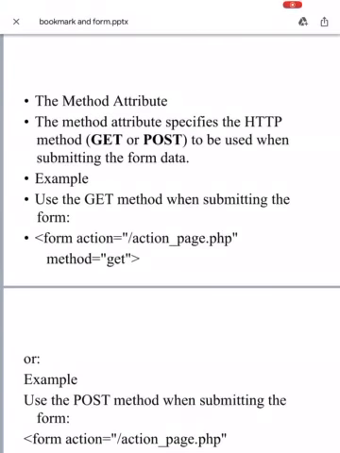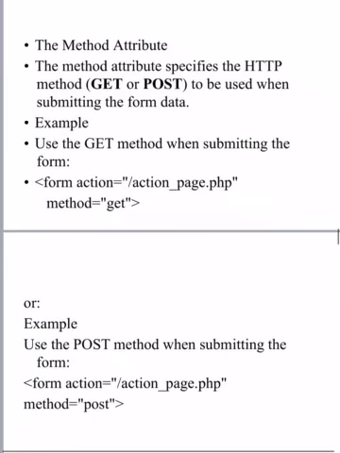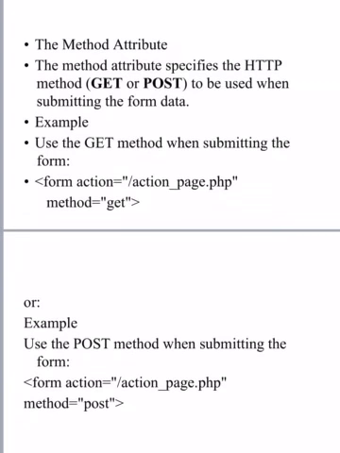Next, we have another attribute called method. The method attribute specifies the HTTP method, get or post, to be used when submitting the form data. For example, if you use the get method when submitting the form, what we write in the form element is form action equal to the action you have to perform. When I click, it will activate this particular action_page. And what type of